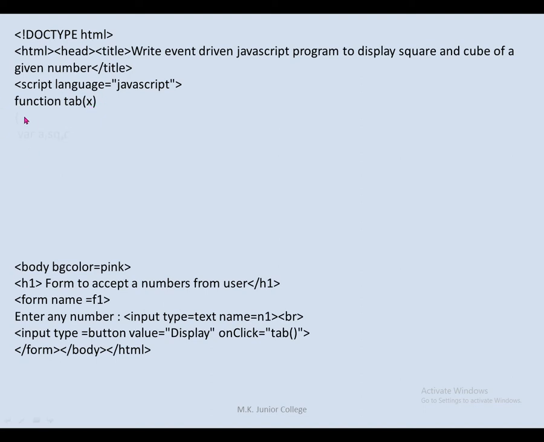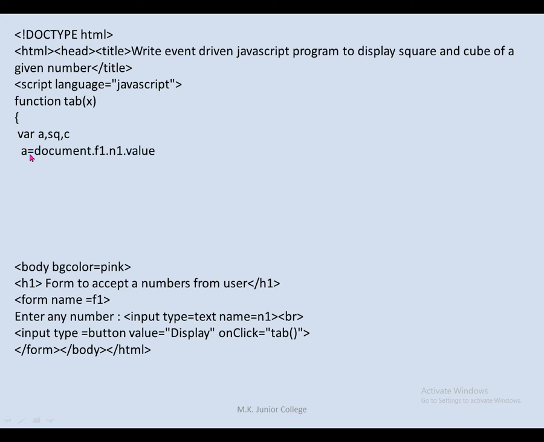Okay, so now you remember the command for how to write a function from last year. First of all, you have to start with the curly bracket. After giving the function keyword and then the name, everything must be in a curly bracket: start, and at the last you have to close. So here I am declaring again three variables, same steps that we did in that program: a, sq and c.